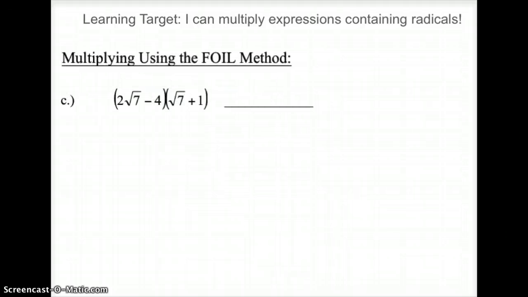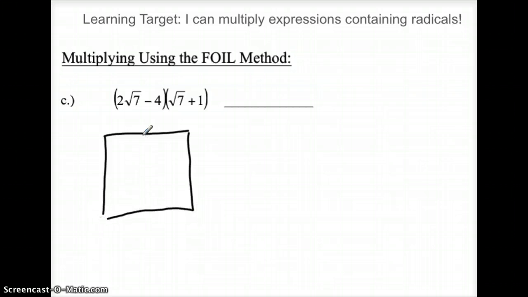Oops, that's the same one. Let's go to the next one. Oh, foiling. Awesome. Okay, now, I think just to help stay organized, maybe you might not have to do this, but I'm going to do this old school way of foiling just because with radicals, I think it helps keep everything organized. Maybe some of you have learned to foil using this grid thing, where you write the binomials off